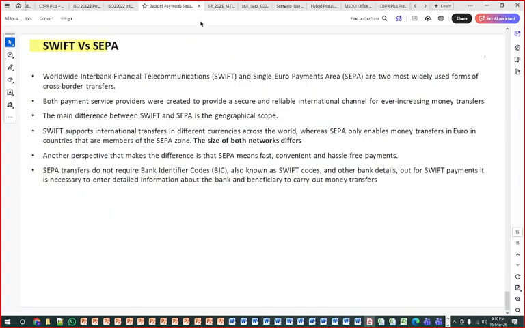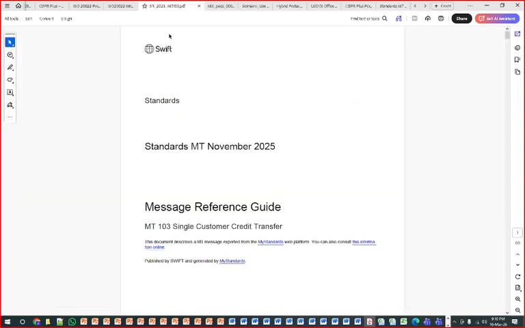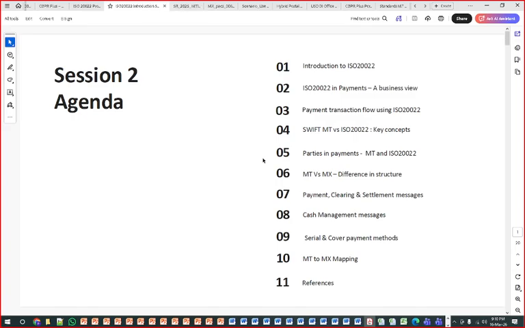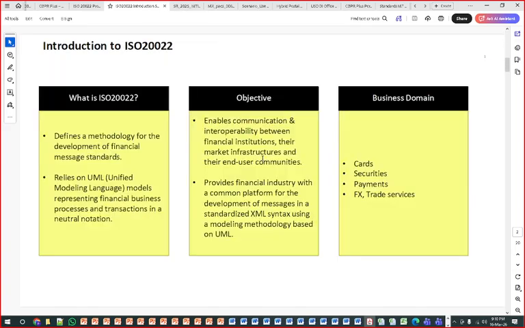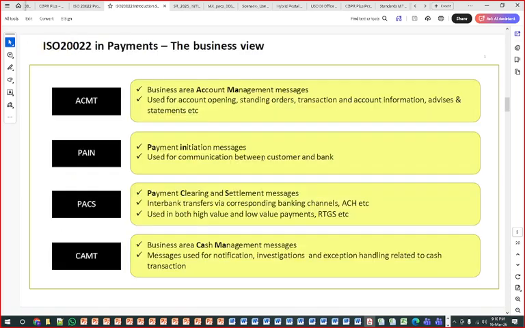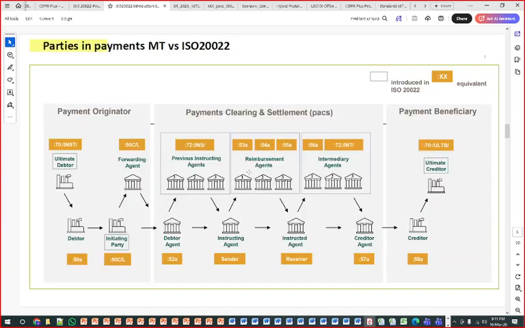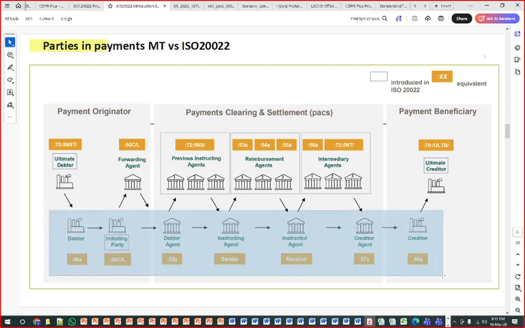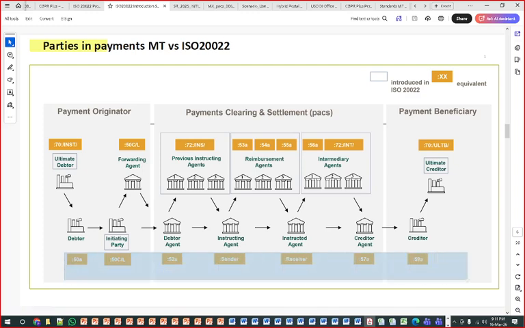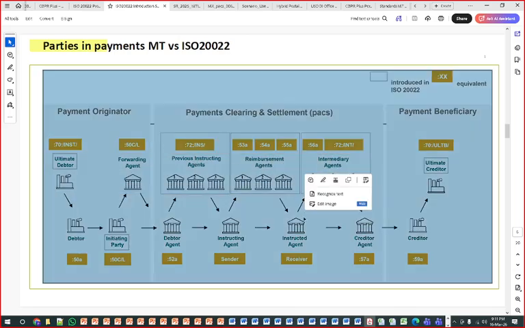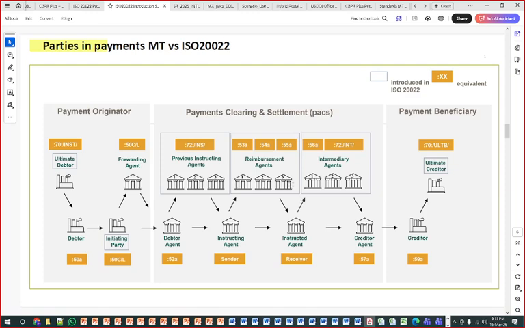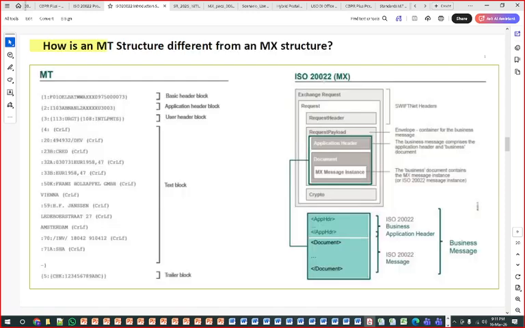Then the difference between SWIFT and SEPA. This is one area. Then we are going to learn the third area, which is ISO 20022. What is the objective of the payment, which area we are working in, like payment messages, FX messaging, and what the new terminology of this message is called. Also the migration of the messages: this is the old, the original messages below, and this is now migrated to the new messages, these are the new ones. How this mapping happens, I am going to discuss one to one, as most interviews ask about it. This is the skeleton of ISO 20022, which we are also going to discuss.